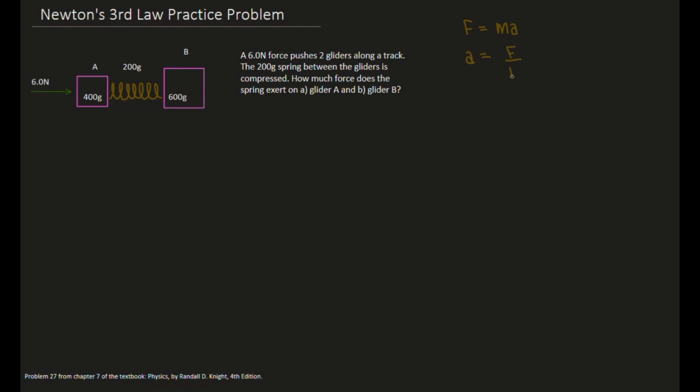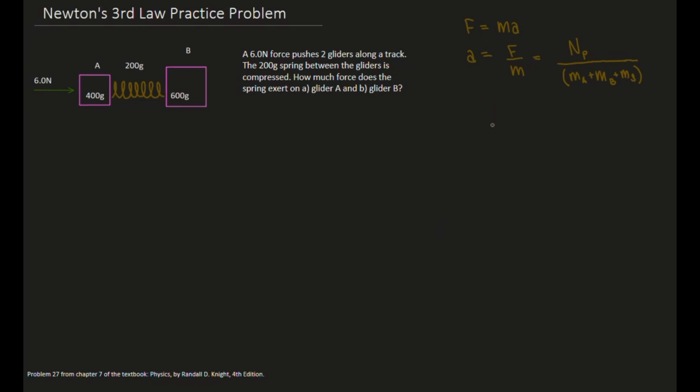Let's apply this to this actual problem here. Instead of writing force, I'm going to say it's a normal force from the push, from that 6 newtons of force, divided by the total mass of the system. The total mass of the system is the mass of block A, plus the mass of block B, plus the mass of the spring. So that's the total mass of the system. Now that we have an equation for acceleration, we can look at the force diagrams of each of the individual